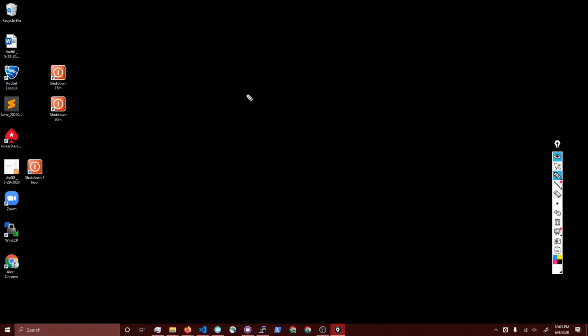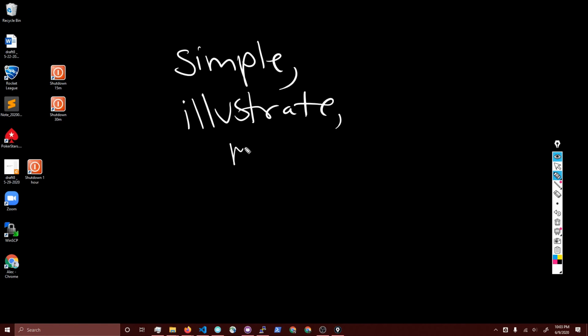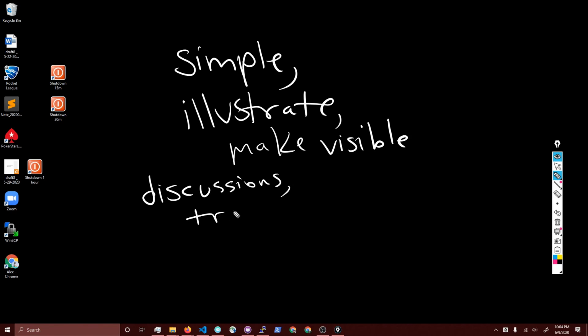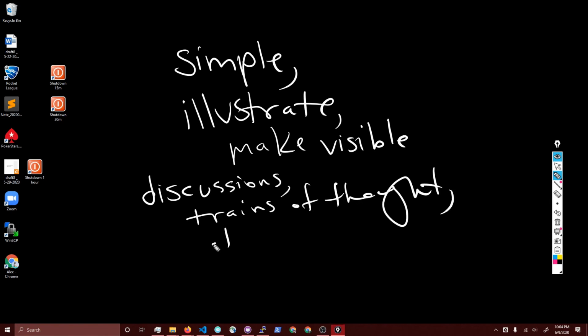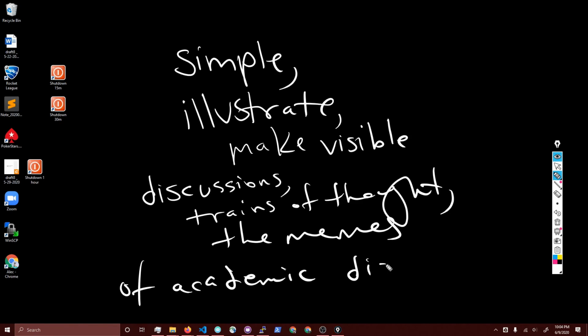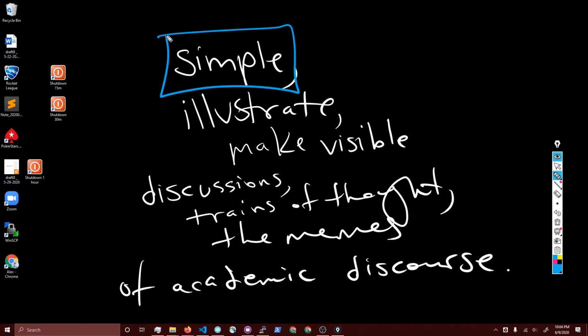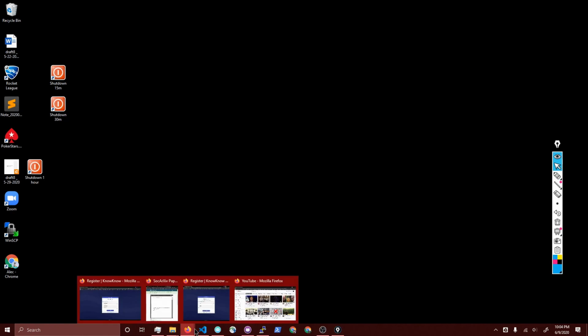A couple of base principles is I need it to be simple, and I need it to illustrate, to make visible the discussions, the trains of thought, the memes of academic discourse. This is going to be the hardest part, I think, is to keep it simple. I need something which will act as a guide for me, as a map, but won't take too much of my time. And I guess I should show,